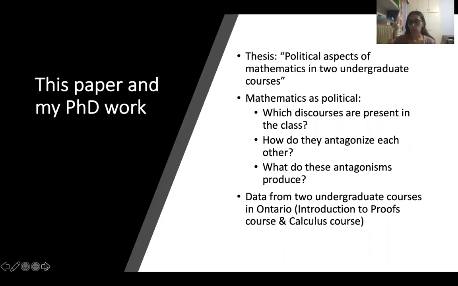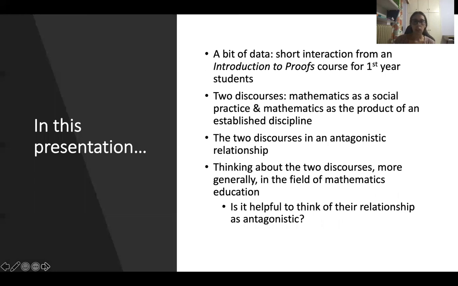The paper I'm presenting here is based on work I've been doing on my PhD thesis, which focuses on political aspects of mathematics in the context of undergraduate mathematics education. To this end, I've collected and been analyzing data from 2 undergraduate mathematics courses in Ontario. In this presentation, I'm going to share with you a short introduction from an Introduction to Proofs course, which is